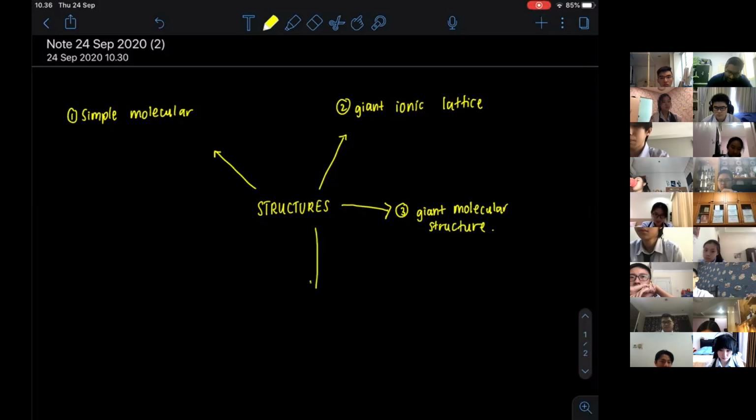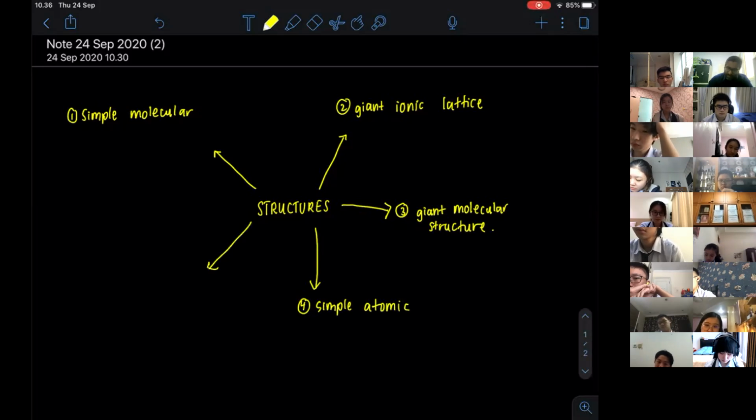So number 4, there are a total of 5. Number 4, Catherine. Simple what? Simple atomic. Yes, simple atomic. Okay, there's another one, giant. Maybe Audrey, do you know this? Number 5. Metallic. Yes, so it's giant metallic